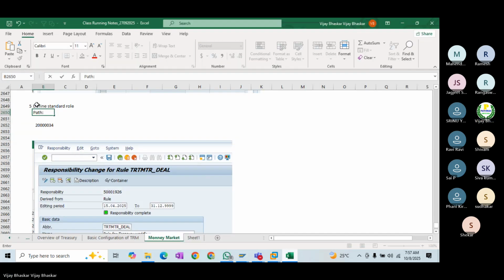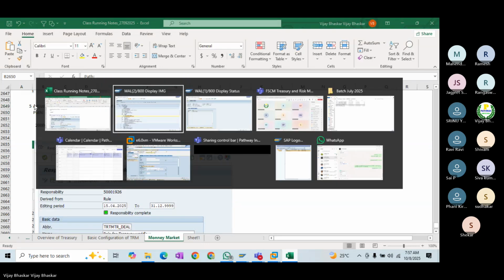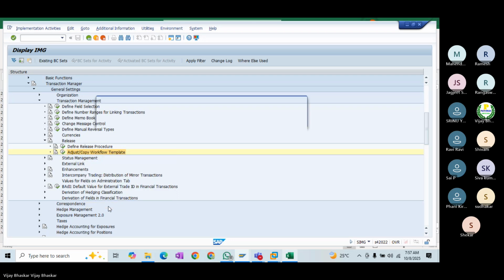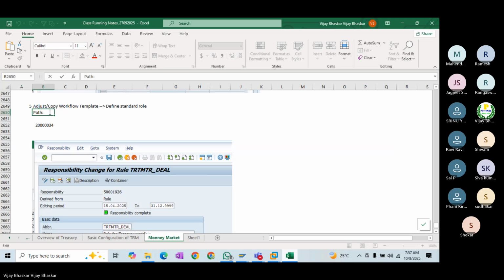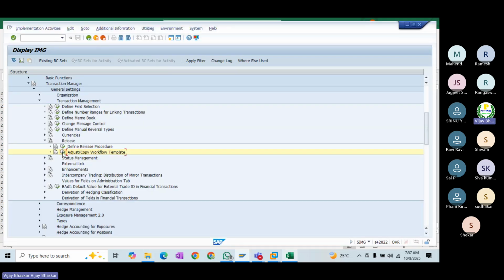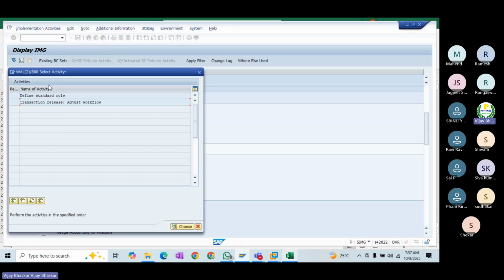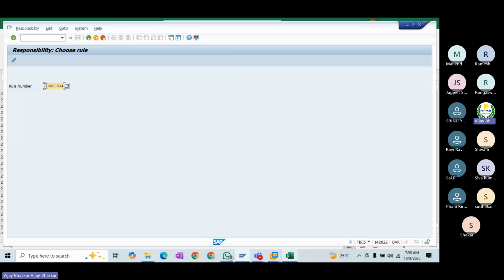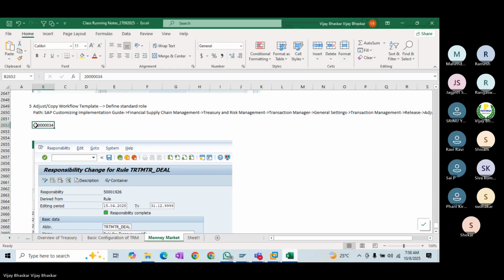Okay, here the standard role is 200. You can also see the same standard rule number. This is the rule number which has been provided. Standard SAP CRM rule for workflow.